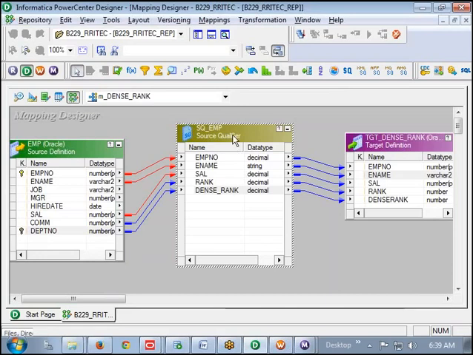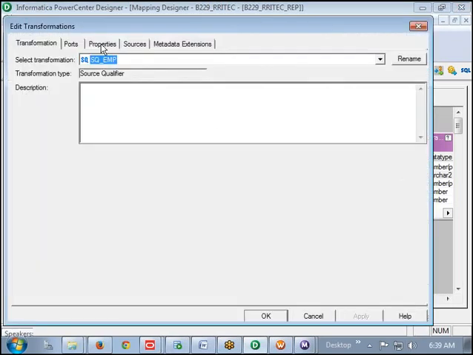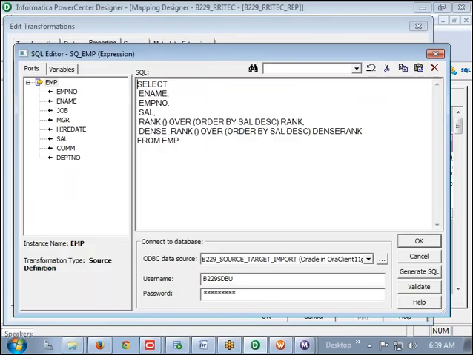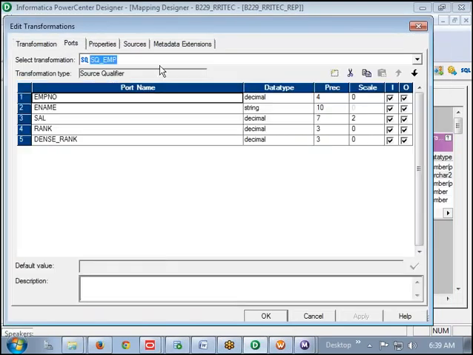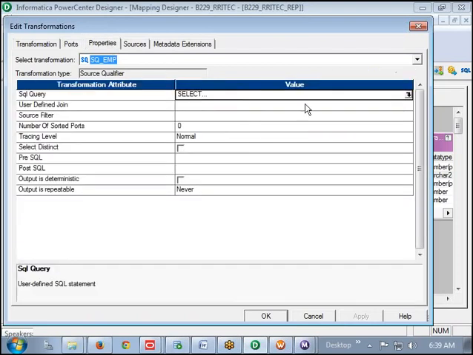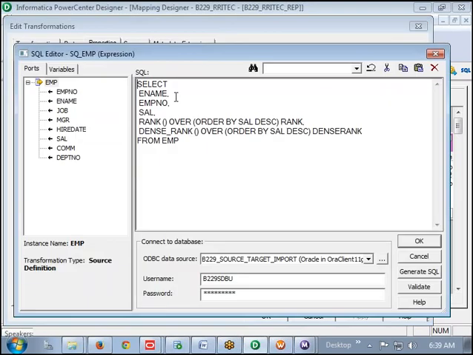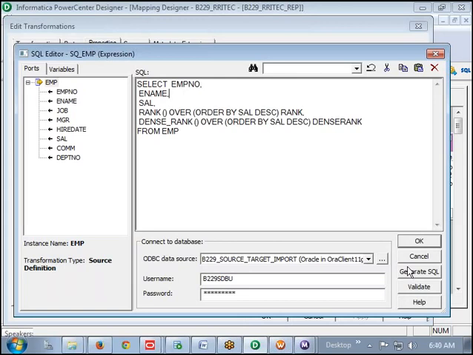So from this, what is your understanding? The order of the columns in the SQL query should be the same as the order of the ports written here. So if I keep this number column on the top, then validate.